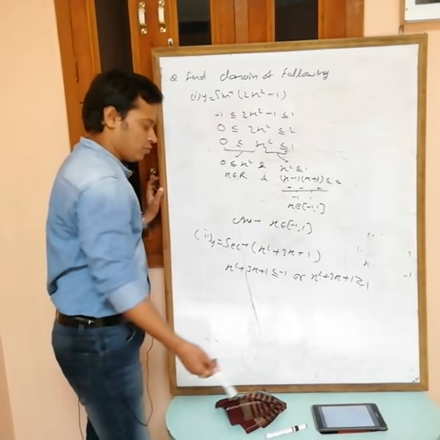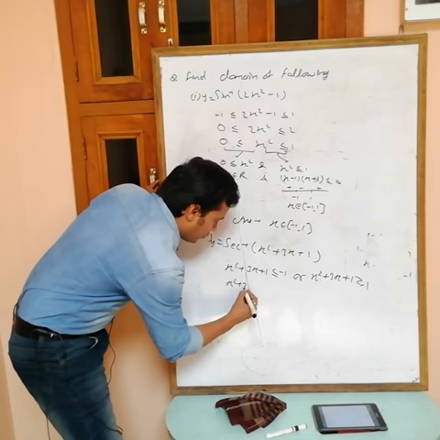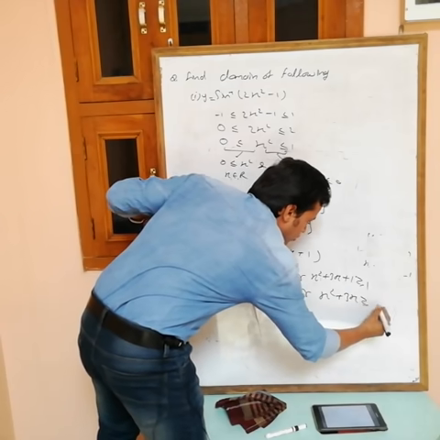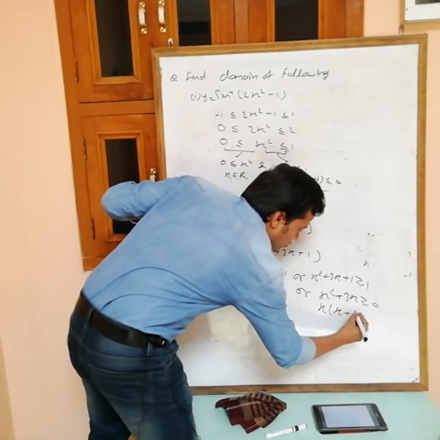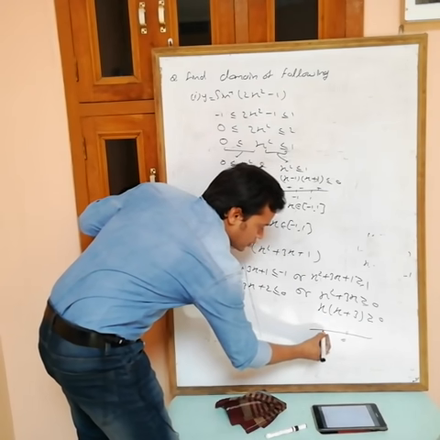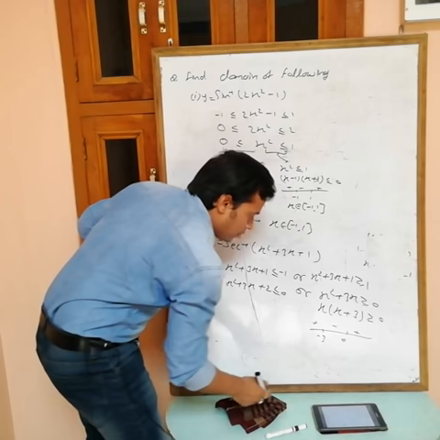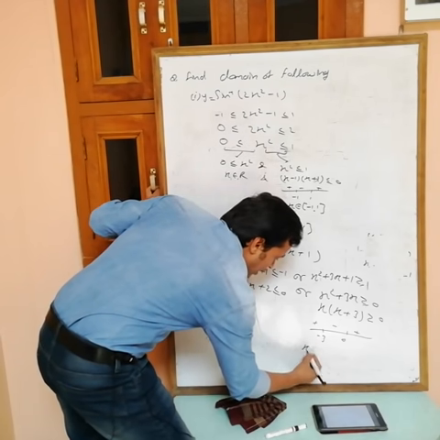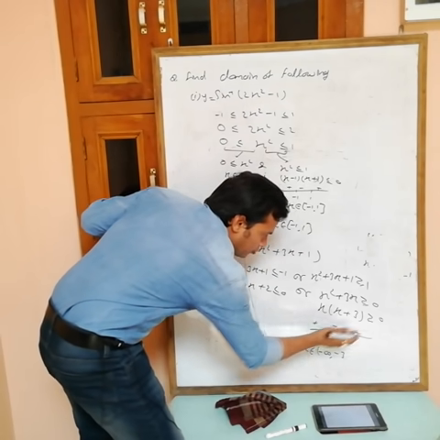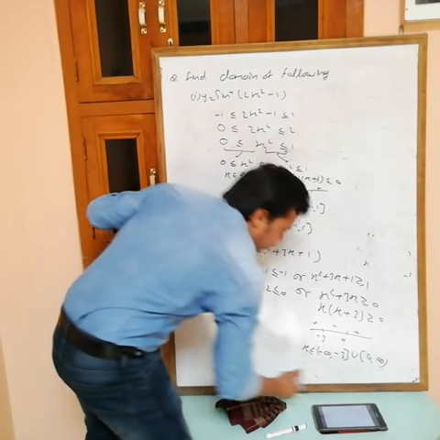Now solve this one. Or means union. If you move 1 to this side, what we are getting is x square plus 3x plus 2 less than or equal to 0, and from the other one, x square plus 3x, the 1s cancel out, greater than or equal to 0. If you factorize, then x into x plus 3 is greater than or equal to 0. Putting each factor equal to 0, we get 0 and minus 3. On the number line the signs are plus, minus, plus. Greater than or equal to 0, so take the positive sign. Then we are getting x from minus infinity to minus 3. Can I include minus 3? Obviously, because of the equals sign. Now union 0 to infinity. Any problem? No, thank you.